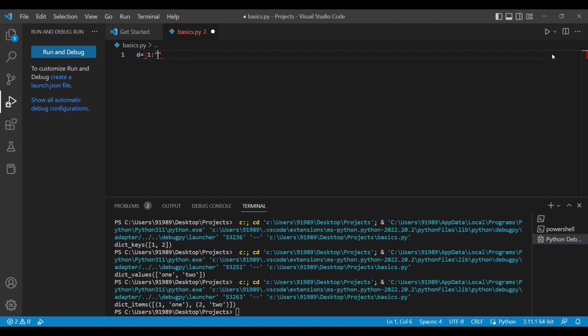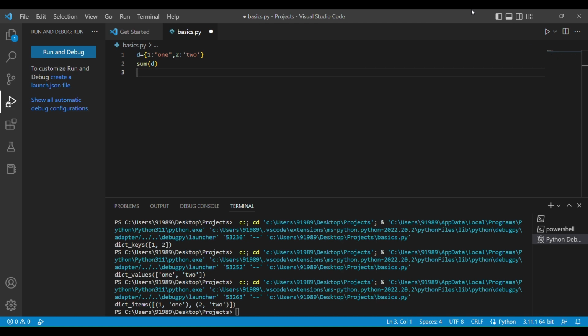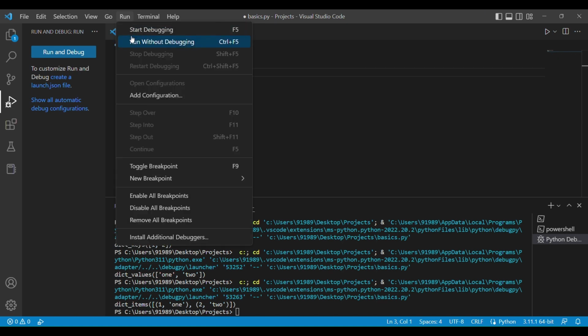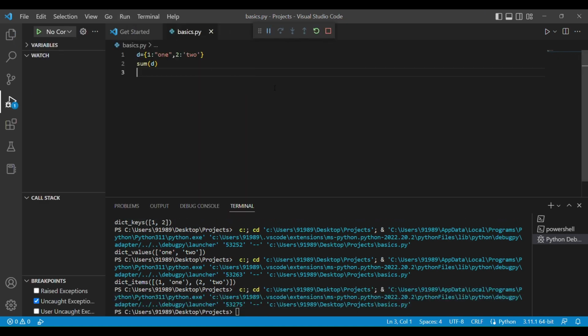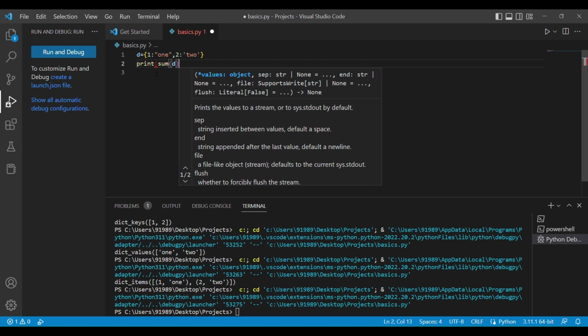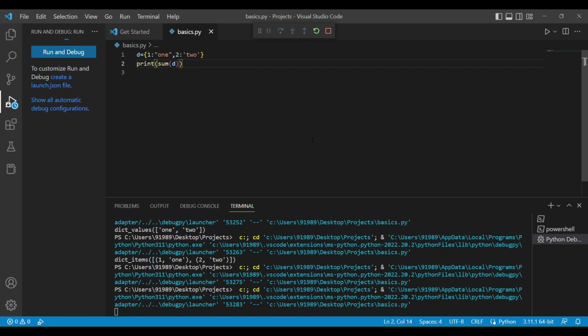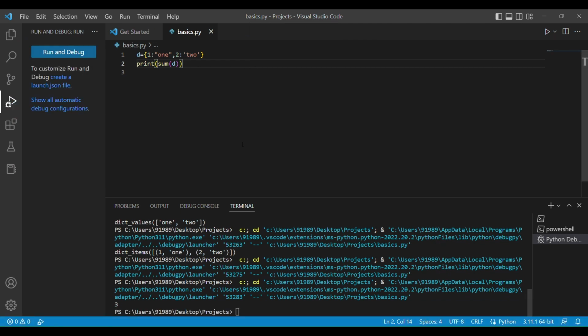1 comma 2, close, and then sum d. It should print 3. Let's see what is printing. Sorry guys, I have not printed it. Now if I print it, it should print 3. Yes guys, it is printing 3